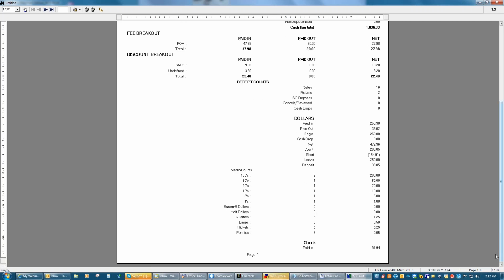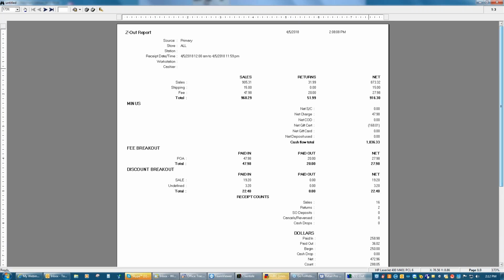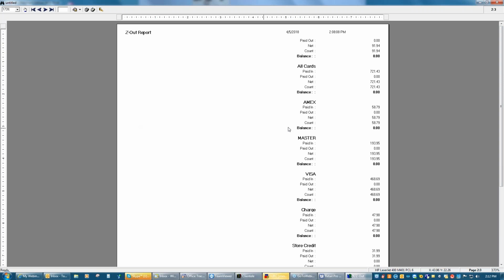Beyond this, I see all of my counts, and I start to see my check entries. I'm going to go to the second page. I see the rest of my checks. Then I see my all cards total. This is the number that you want to match up to your Zon unit before you settle it. Okay? If you're integrated